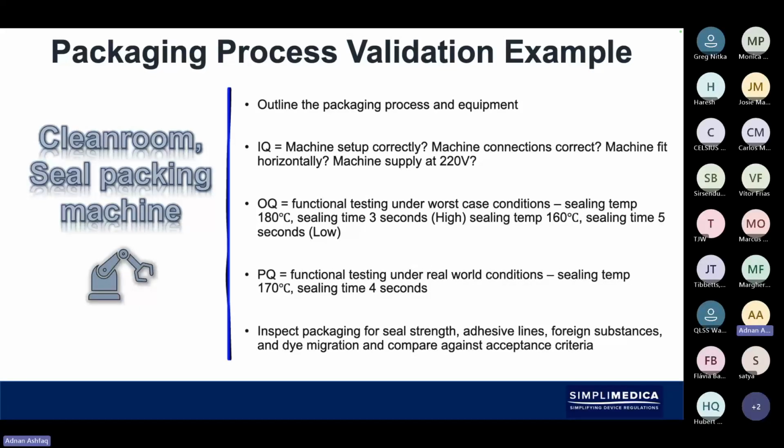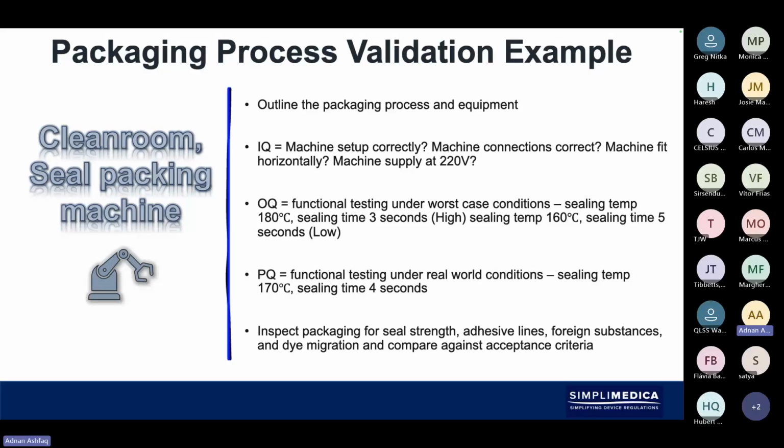Process validation also in sealing packaging. This is just some examples to make it more meaningful for you. What sort of things you might look at in packaging validations for IQ, OQ, and PQ. So you might be looking at, is the machine set up correctly, are the machine connections correct? Are they fitting horizontally? Is the correct machine supply, the electricity, power, OQ? You're looking at functional testing, sealing temperatures, sealing time. So you're looking at the high temperature, you look at the low temperature, you look at the high time, you look at the low time, and then when you get to PQ, you look at real world conditions, sealing temperature,